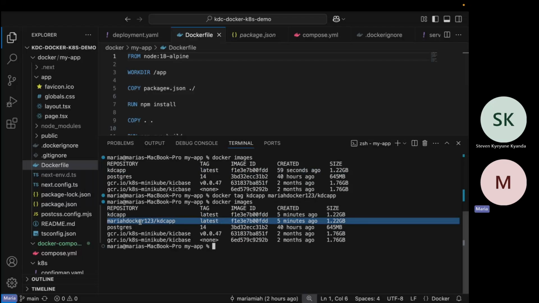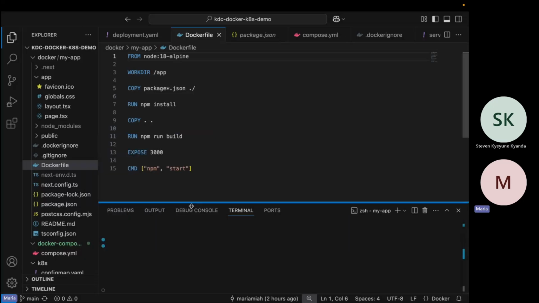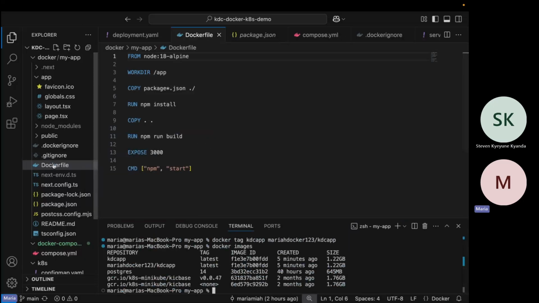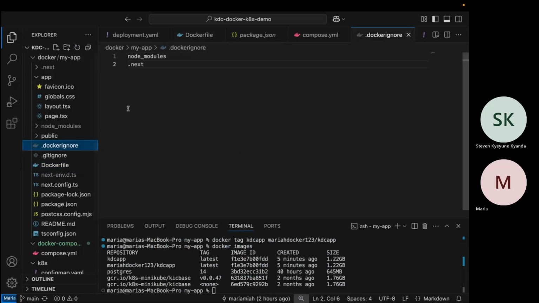We shall also look at how to reduce the sizes of these images because this one is large. It's advisable to have a smaller image so you can deploy better. And one way of reducing the size of the image is to add a .dockerignore, and a .dockerignore ignores unnecessary files. For example, node modules.